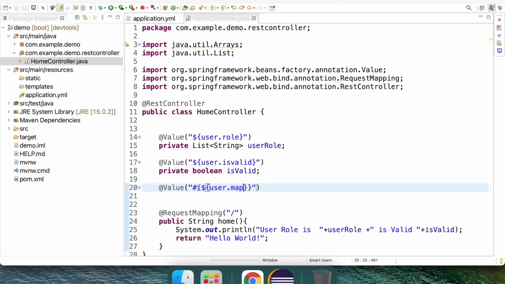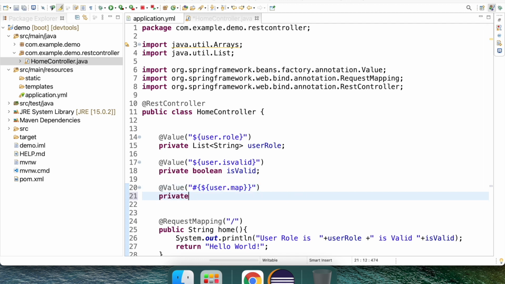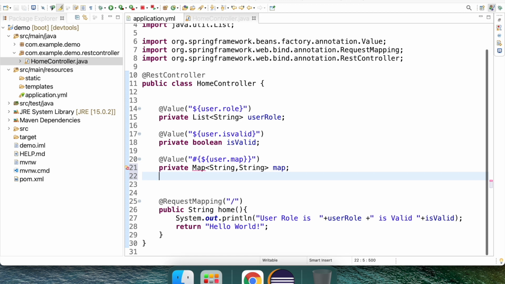So this is the way to access. We need to put the hash symbol and the curly braces, and in the curly braces we need to have the actual key, like user.map, which exists in the application.yaml. And we have to define the map here: Map<String, String>, and let me call it map.